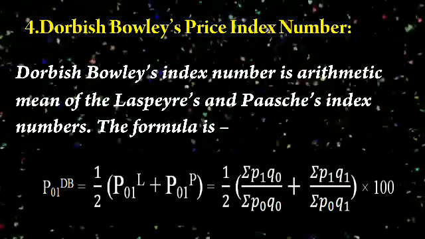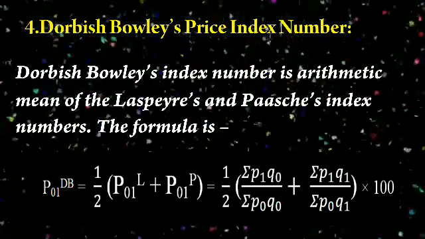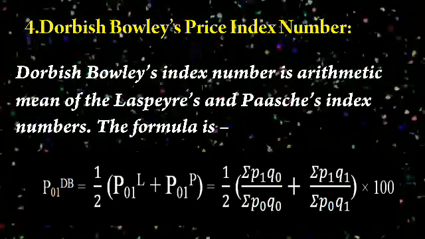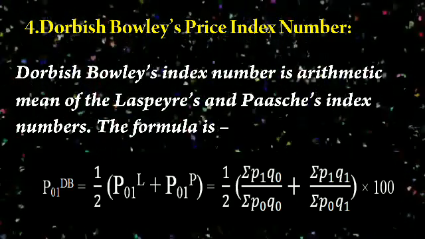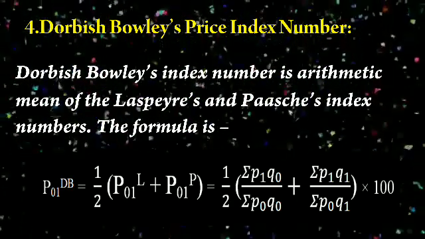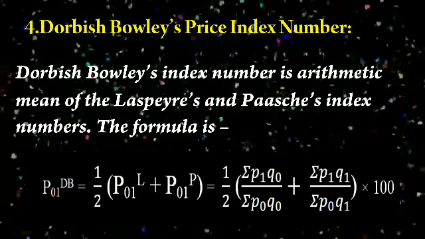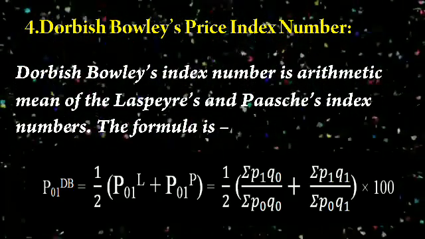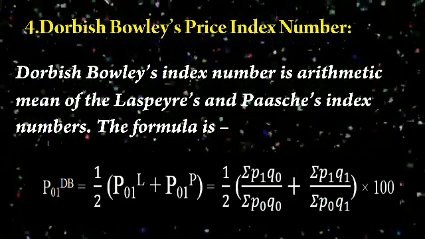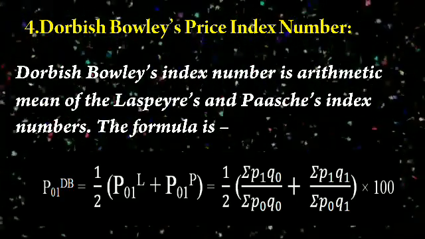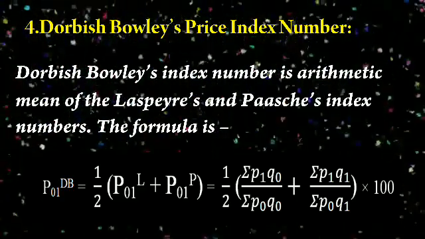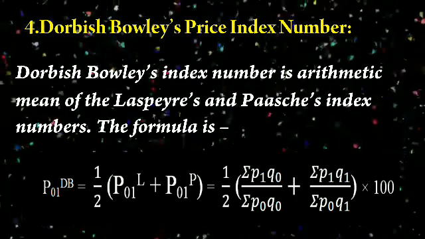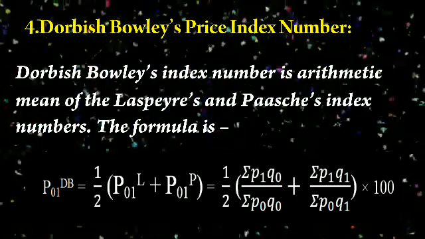Since the formula is multiplied by 100, you will get the values in hundreds. That's the reason why the first version is not multiplied by 100, because it is already multiplied and you are considering the direct answers. But in the substituted version, the second version, you are not considering the direct Laspeyres or Paasche value. You are substituting in the formula to get the answer, right? So here it is the simplified version. Since it is not multiplied by 100, in order to get it in percentage, the second version is multiplied by 100. In the first version, you are considering the computed values which were already multiplied, but in the second version it is the simplified version which is not multiplied.